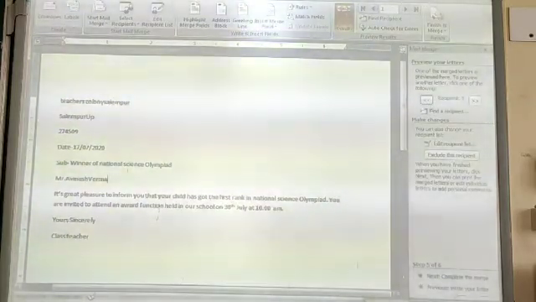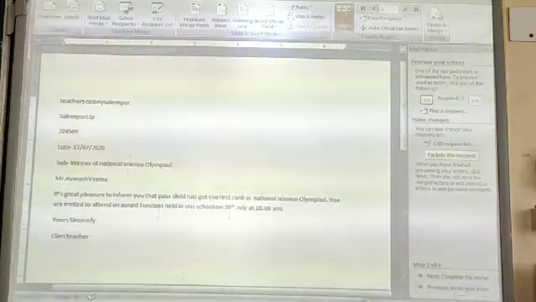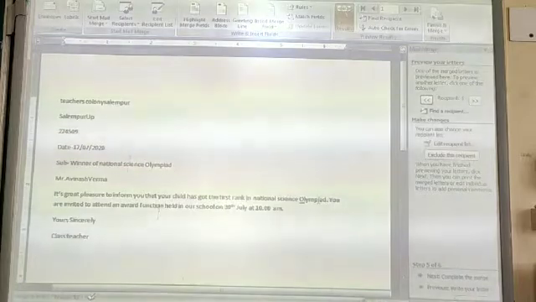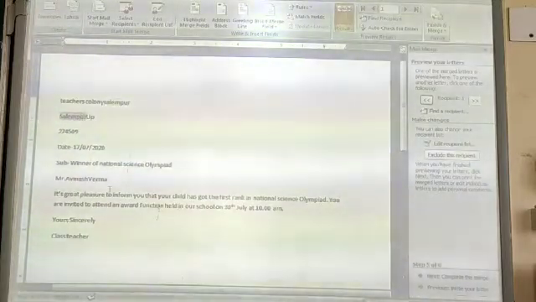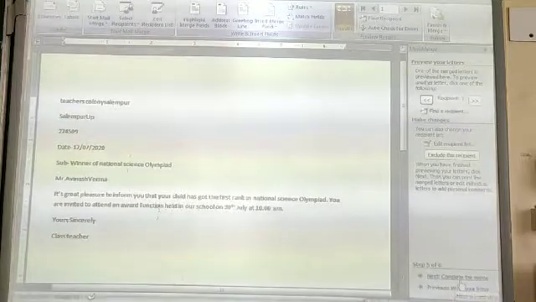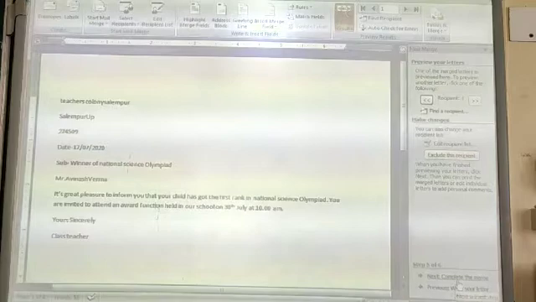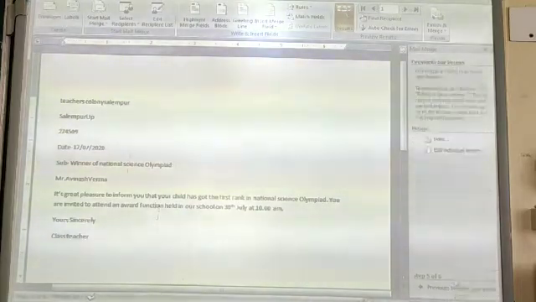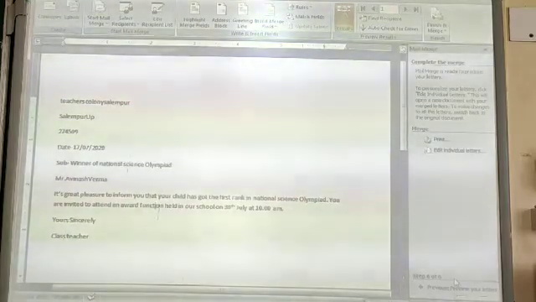Okay, this is all. And then if everything is correct, still if you want to make any changes, you can edit the letter or any part which you want to change. If it is okay, then you can directly move to the last and final step, that is complete the merge. Last and the final step, complete the merge. And this final step has been performed.